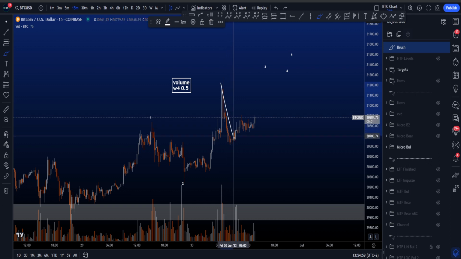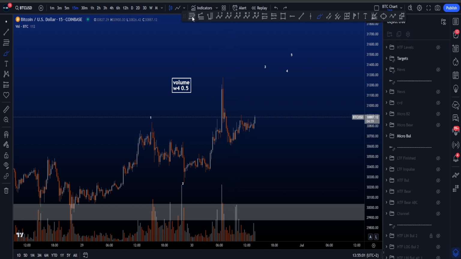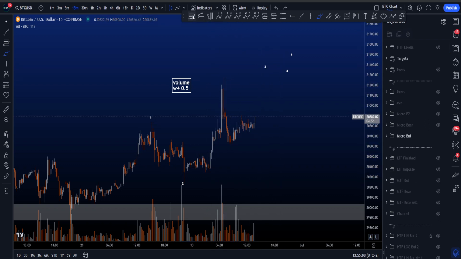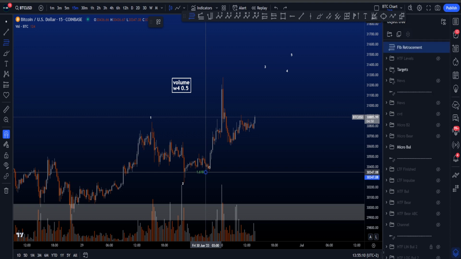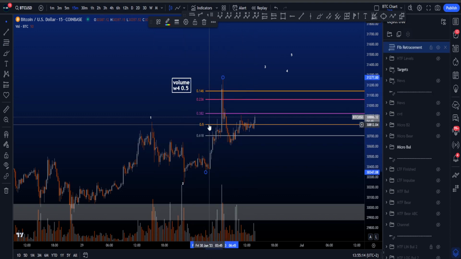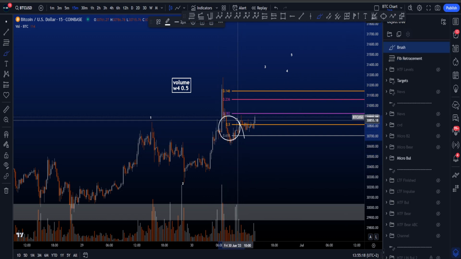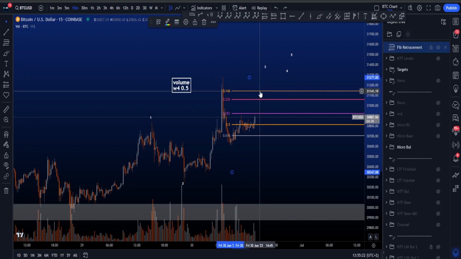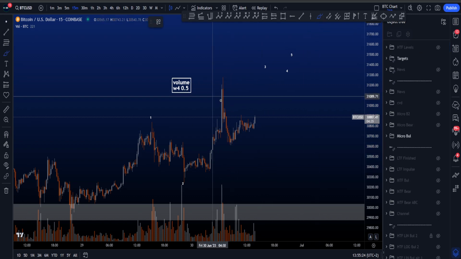The thing is, we never got a new high on lower volume after this move. Instead, price moved to the downside much further than a wave 4 usually goes. Because if we look at a wave 1, 2, 3, 4 and then a 5 wave move, a wave 4's maximum target is usually the 0.5 Fibonacci, which is over here. You can see that many candles have closed below the 0.5 Fib, which kind of invalidates this whole move as a wave 4. So it's a little bit odd, and the most amount of volume is in the